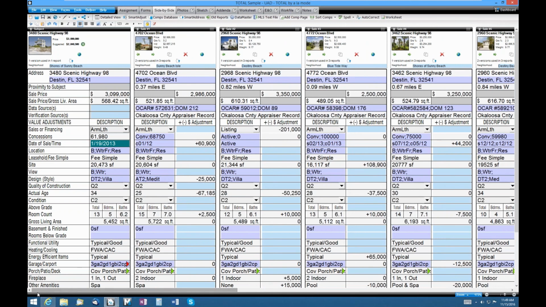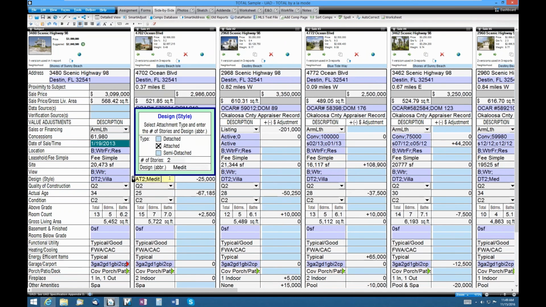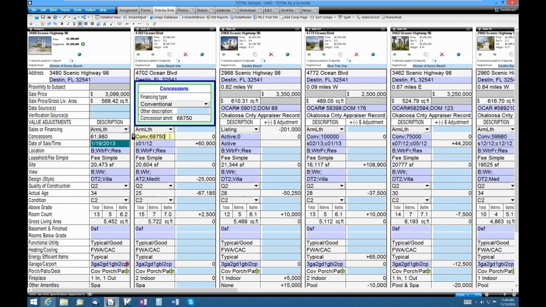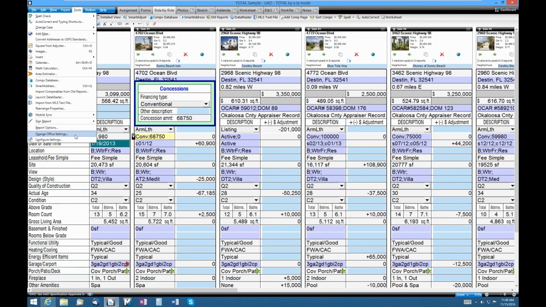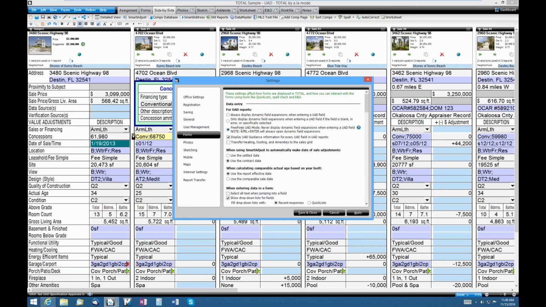All right, so your UAD data entry for these fields works the same way as it does just in the Forms Power View. I want you to keep in mind that while this is working the way that Total does out of the box, you can turn on, as we talk about in our form filling classes, you can go to the settings, the form settings, and turn on Freeform UAD mode,